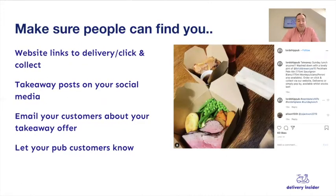Making sure that people can find you is a really important part of getting onto the web, on getting through to delivery and takeout sales. So on your own website, making sure you've got links through to any pages which are offering your delivery or click and collect services. It's a really important thing to make sure you do very early on. Put takeaway posts on your social media. Here's a post from a pub in London who are doing roasts, and they're advertising that on their social media that you can get a Sunday lunch today, and that's a great way of trying to drive some extra sales